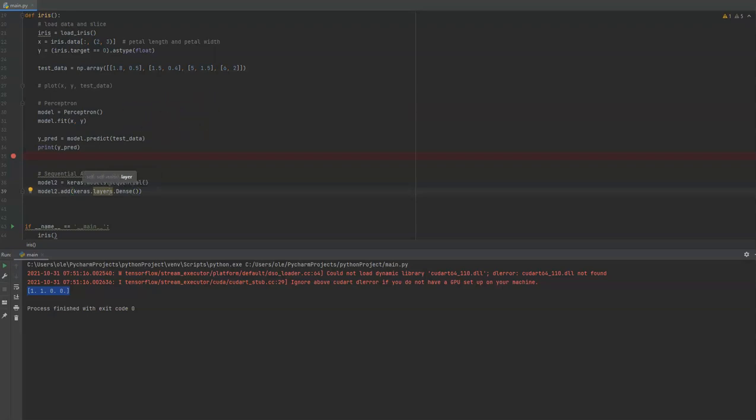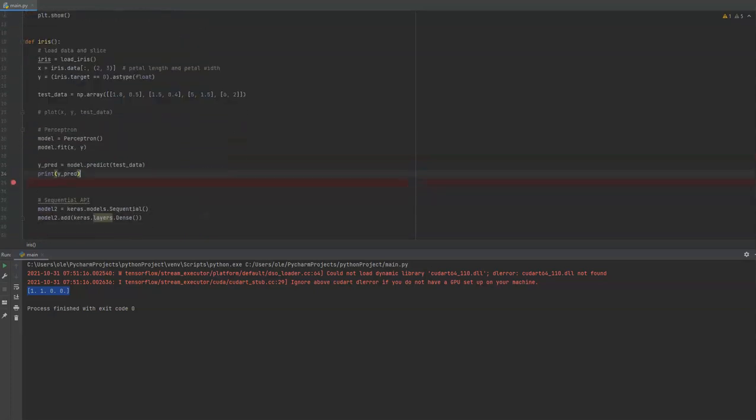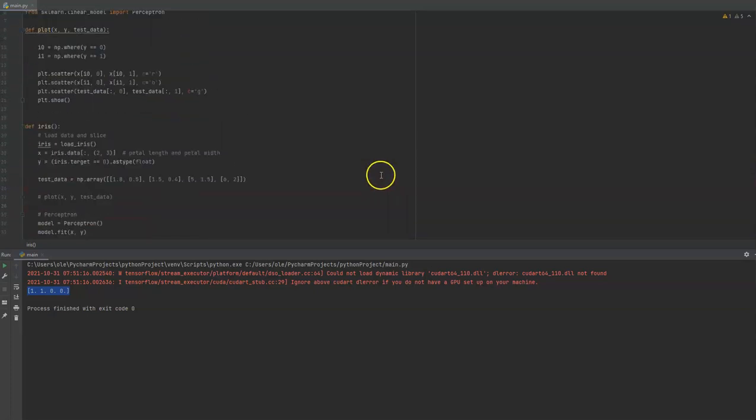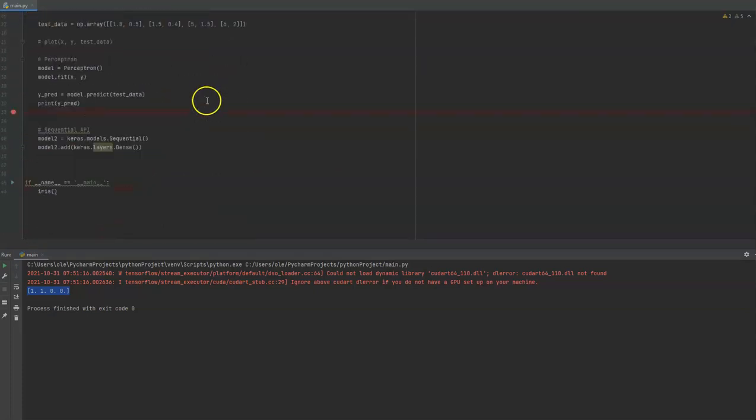Let me just add some imports from Keras like so. I will of course make the code available together with the video if you want to follow my coding a bit more closely. So the first thing I want to test is a feed forward layer with just say one